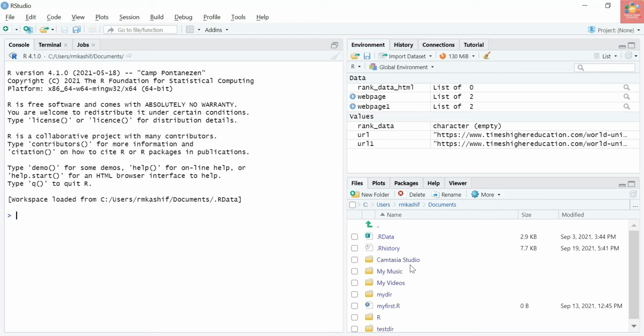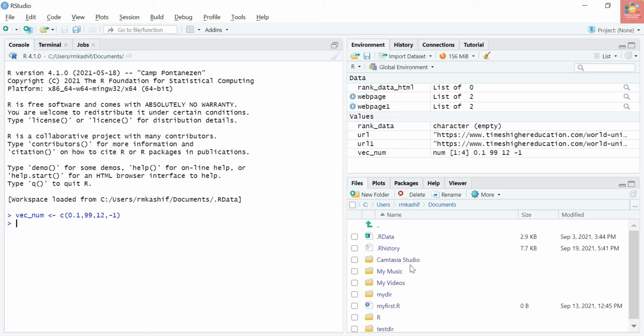So let us create a vector first, a numeric vector: 0.1, 99, 12 and -1. And let's create a logical vector.